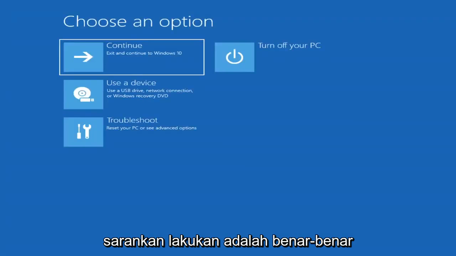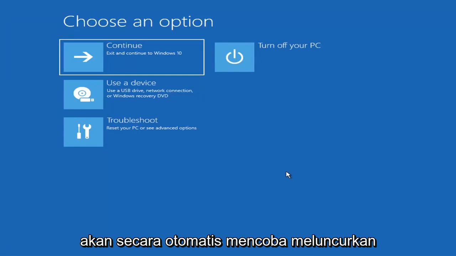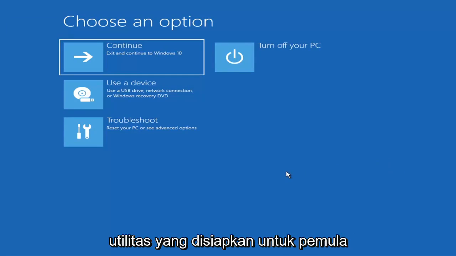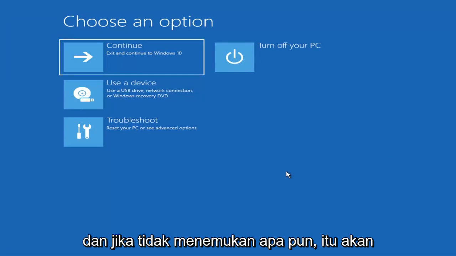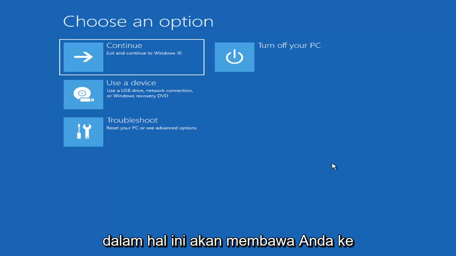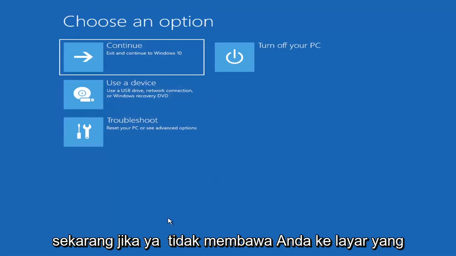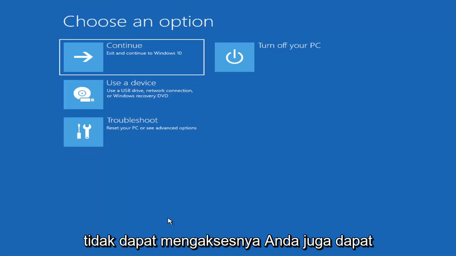So first thing I'd recommend doing would be to boot to the troubleshooting utility on Windows 11. If you do a hard power off 3 times in a row, Windows should automatically attempt to launch the startup repair utility. And if it doesn't find anything, it will give you the option to select advanced settings, in which case it will take you to a screen that looks like this. Now, if it does not take you to a screen that looks like this, or you're unable to get to that,